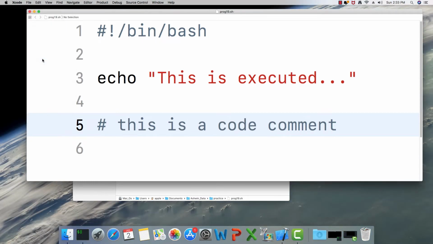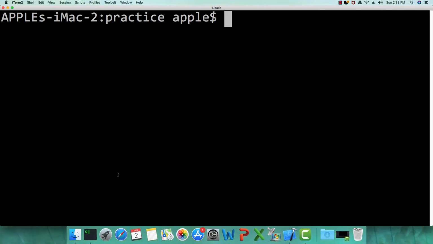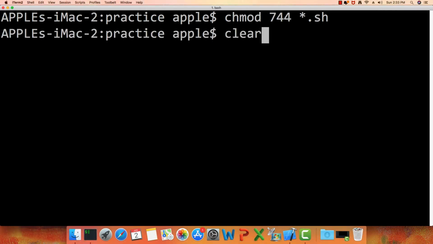File, save, and let's go to the terminal. Let's change permissions and let's run the program.